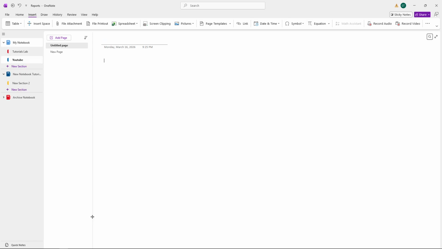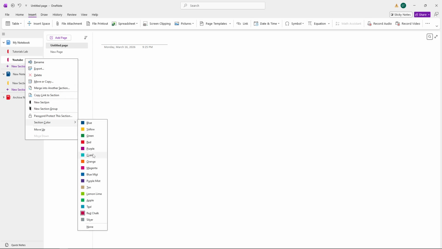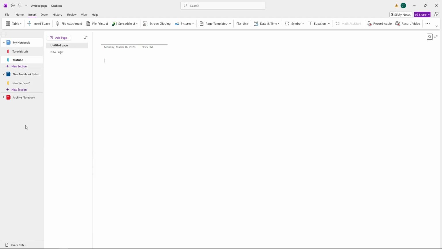subjects, projects, or categories. By assigning specific colors to specific types of content, you create a visual system that makes navigation faster and more intuitive. And that's all there is to it. You've successfully changed the color of a section tab in OneNote, making your notebook more organized and visually